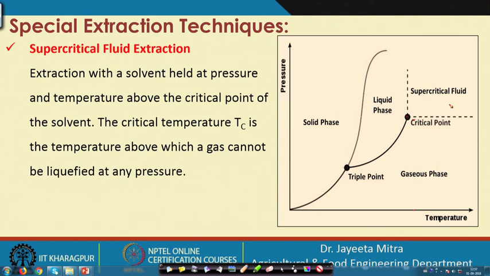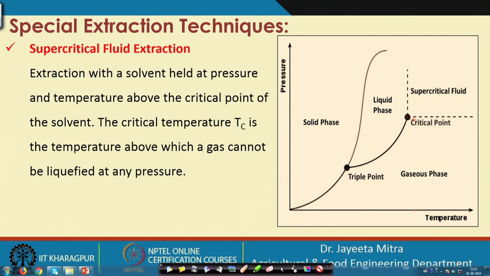For example, carbon dioxide is one such gas that achieves its supercritical fluid condition very easily, and it has a very low critical temperature, around I think 31.8 degrees Celsius, and the critical pressure I think is higher than 10.5 megapascal. So, if we have that much, then we can have the supercritical conditions.